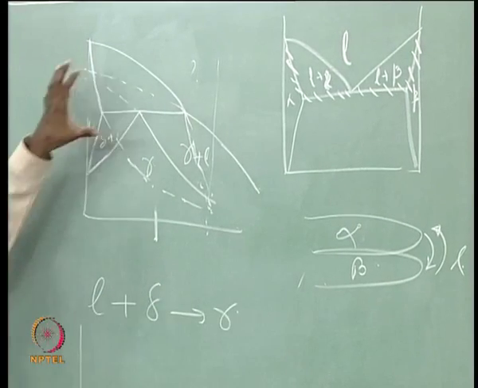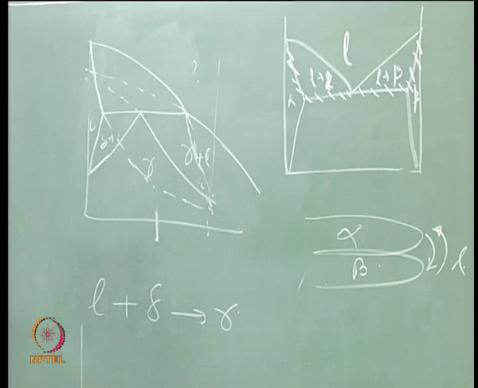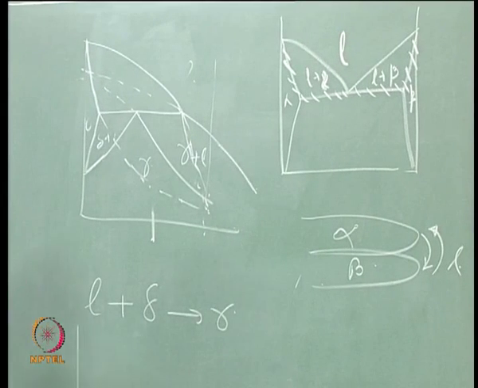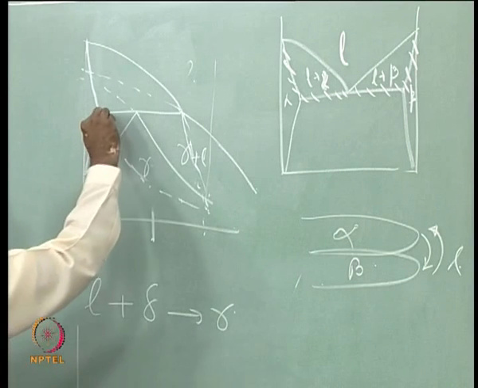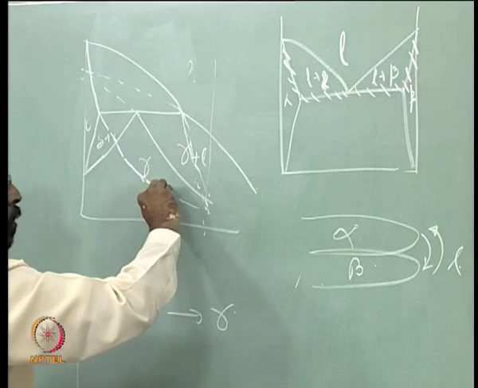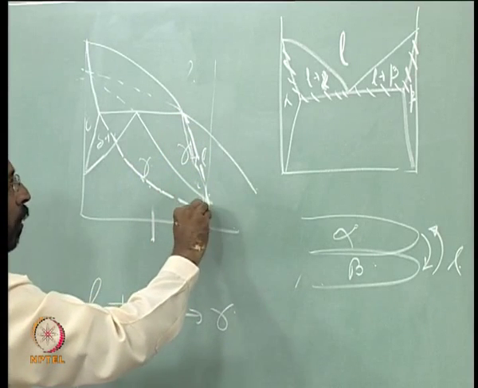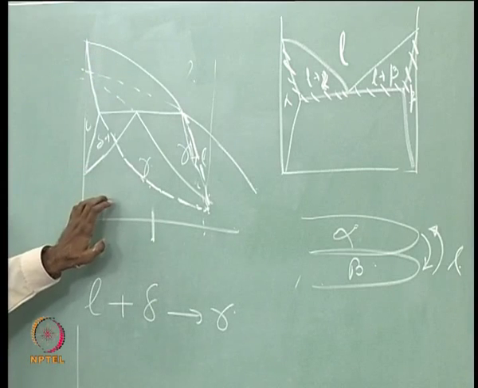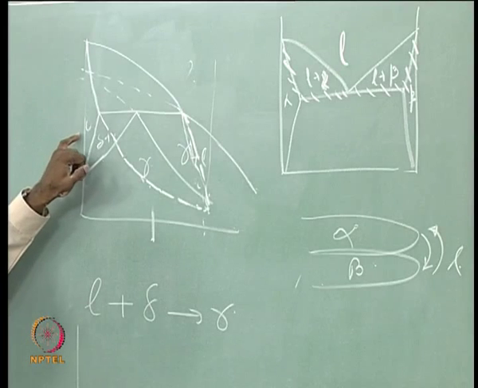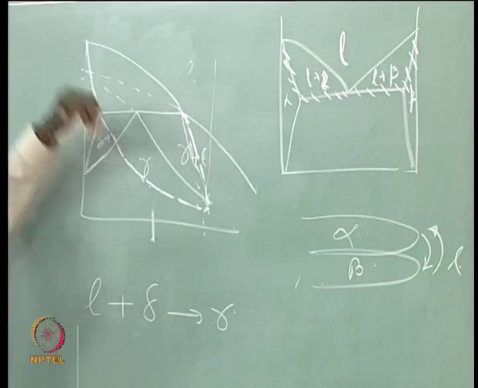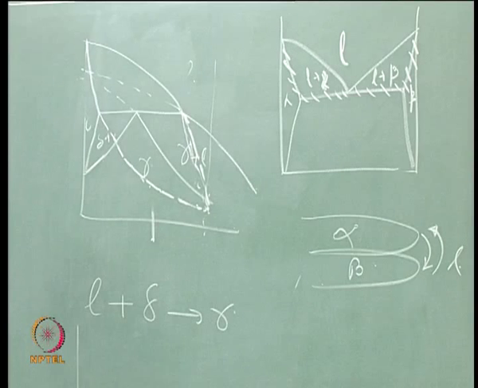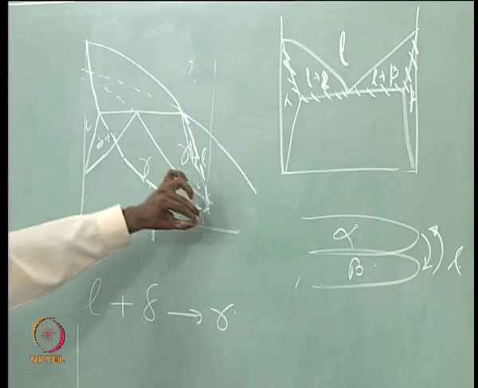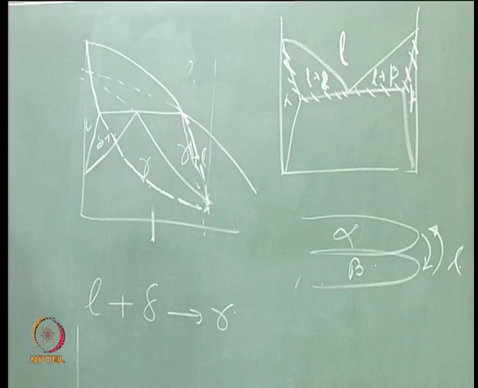You will see that the whole phase diagram gets converted into an isomorphous type of a phase diagram. Unfortunately I do not have color chalks, if I had, it would have been easy. You will see that this gets converted into a kind of an isomorphous. You say this is a liquid delta isomorphous. So, the delta liquidus I will extrapolate, the delta solidus I extrapolate, and when both of them meet at some place, that gets converted into a liquid delta.